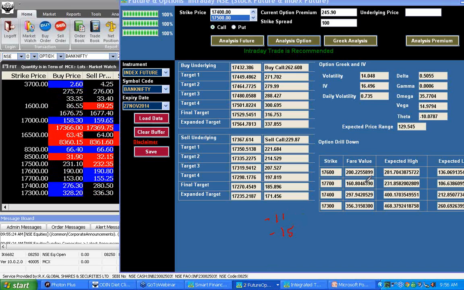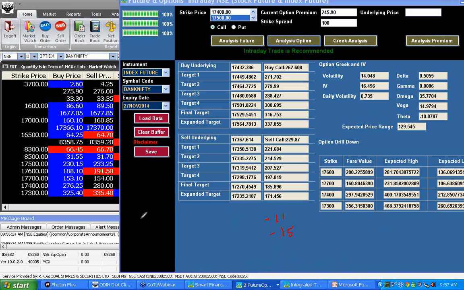However, 17,600 and 17,700 are almost at the fair value, because they are being taken with a reference of 245, but you are at 228 now. So once you are finding out this kind of thing, what trade will I do? I'll be buying